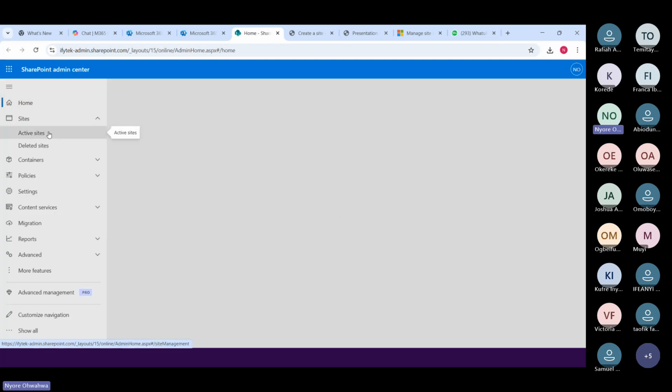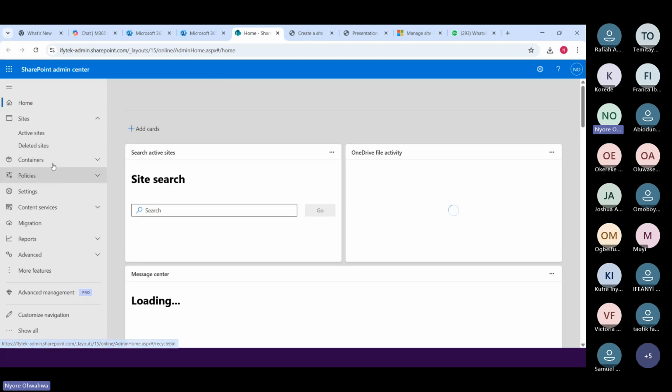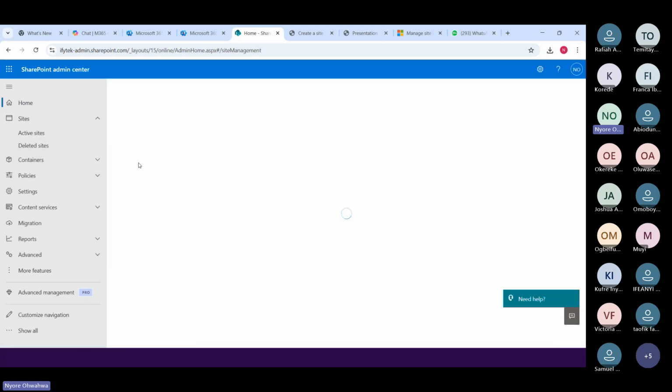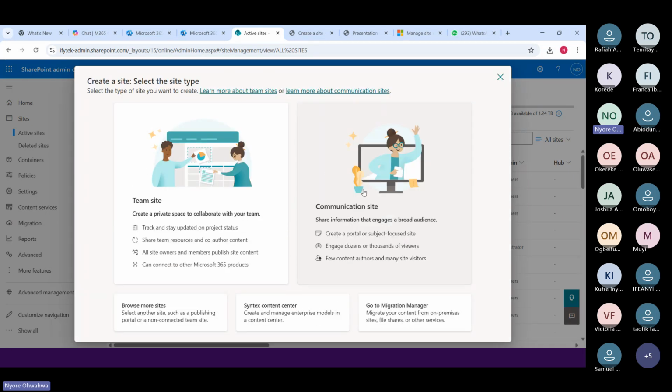To create a site, you have sites, you have active sites and deleted sites. To create a site, you go to active sites, and then click on create. We have different types of SharePoint sites, templates, and all of that. A team site is a site that comes with a group.